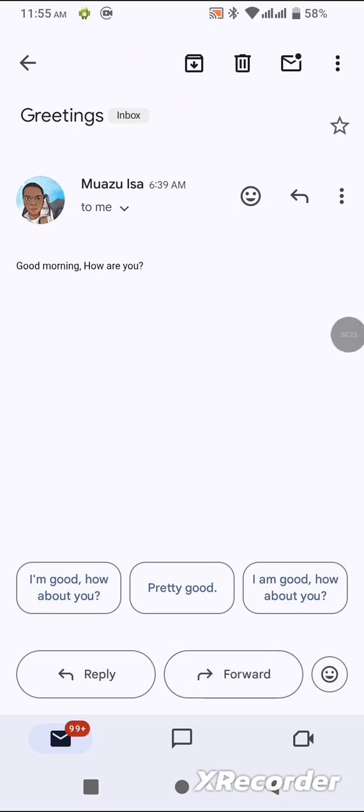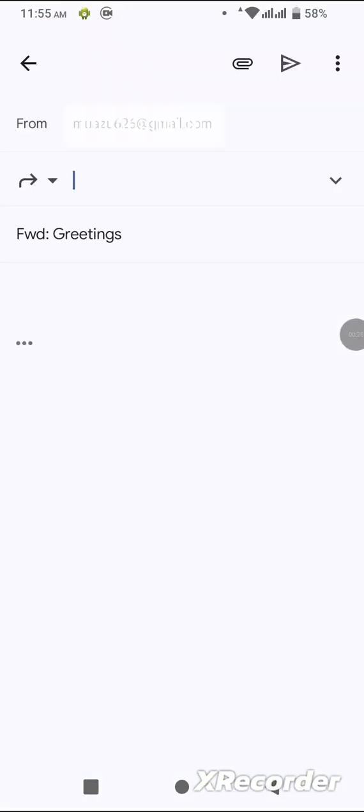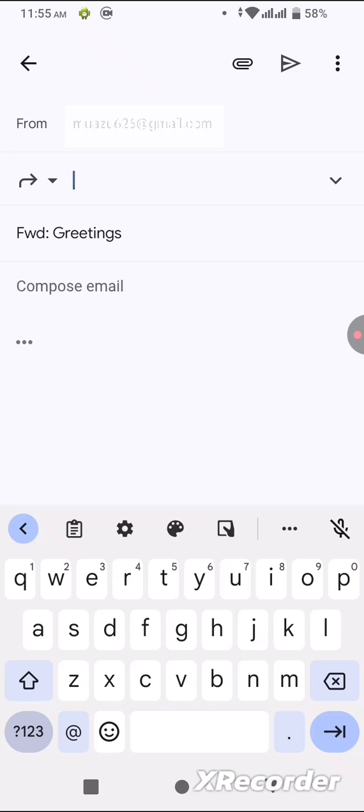So clicking on this button will take you to a fresh page that will look as if you are trying to compose a new email. So here you need to input the email address of the person you want to get this message. And here it will maintain the subject of the email you are trying to forward, and there will be this indication of FWD, which is forward, indicating that this message is a forwarded